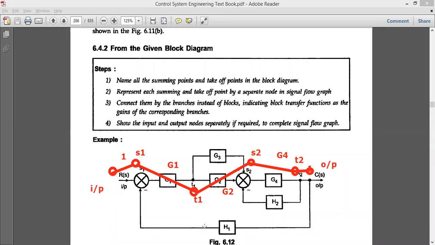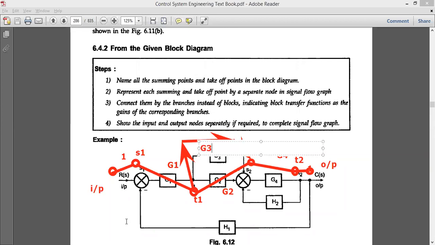Okay, then what remains now? Now what you should do is check from S2, or you can take it T1. From T1 there is one line going towards the G3 and it is connected to S2. What you should do is take one line like this, and like this, connected to S2. And what is the block here? It is G3. Simply write here as G3.